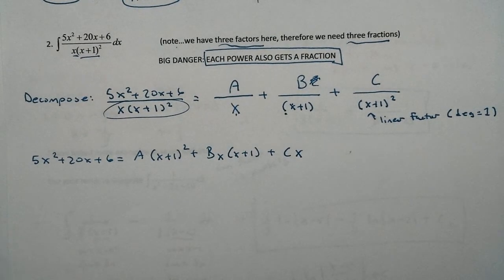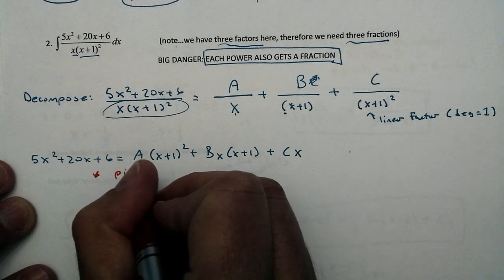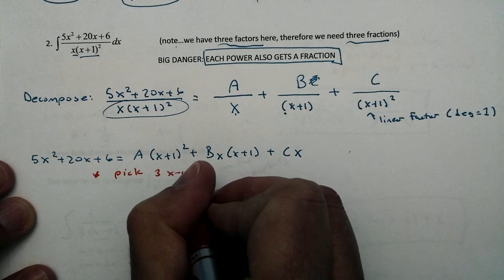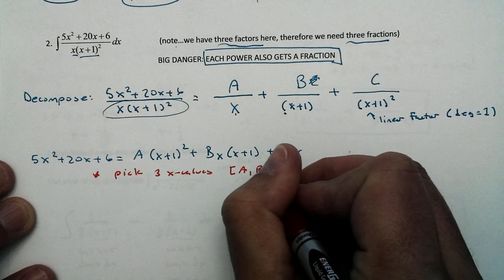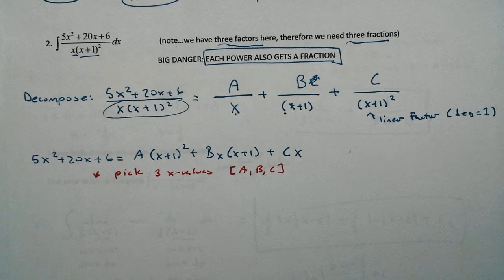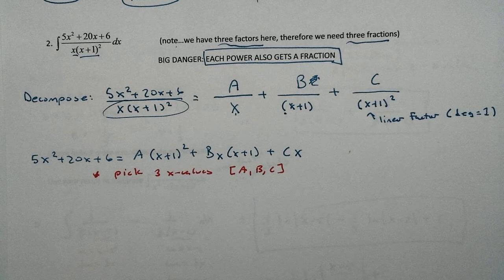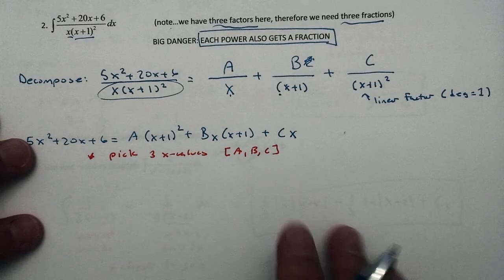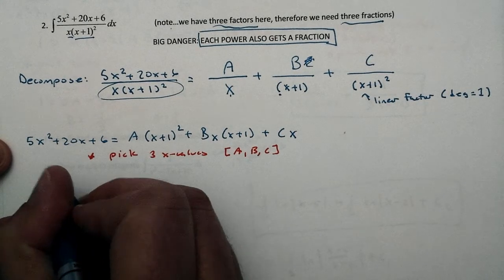Remember, the Heaviside method says that now we're going to pick 3 x values. Okay, that makes it really tough because we need A, B, and C this time. So I could randomly pick any 3 x values, or I can just start with my zeros. Well, my first zero is negative 1. If we let x be negative 1,